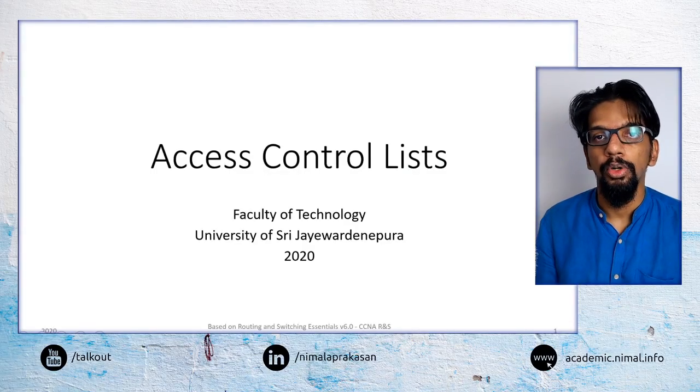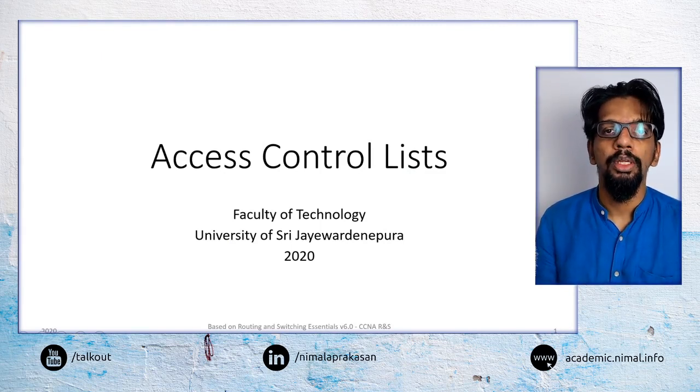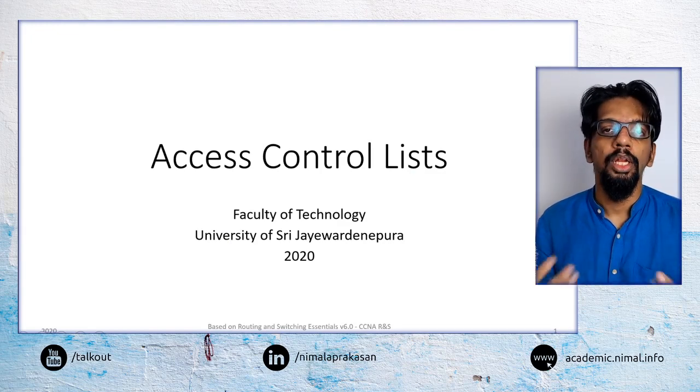In this advanced networking course, in the previous week, we looked at VLANs, and one of the things we identified there is how we can segment or separate parts of the network and manage traffic in that manner, having some control over how the traffic is routed across various devices and networks. The technique that we will be discussing today is access control lists, and it is a fairly basic way of implementing security in our networks.